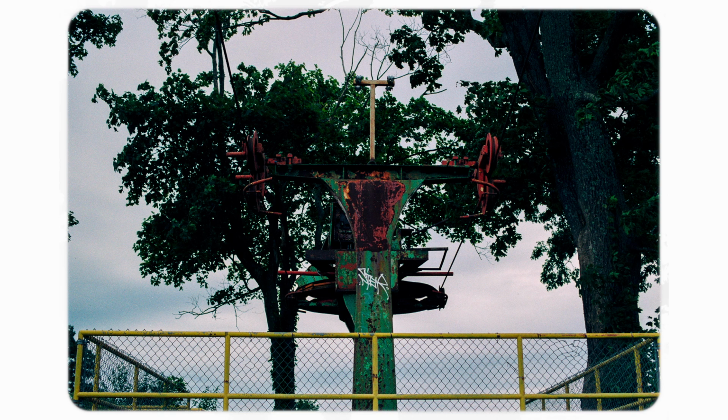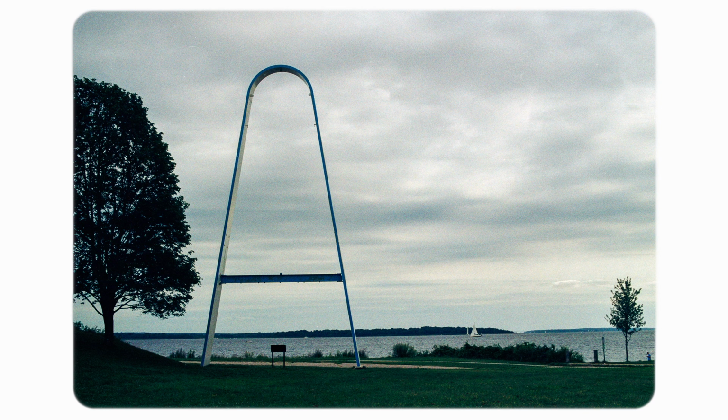Pretty run down at this point, but moving on to the next photo, there was this arch, which I guess was apparently part of World's Fair. I think they made a couple of these. Reading the placard that's below it shows that this was kind of like a meeting point. People would say like go meet at the arch, but as you can see, the park has a beautiful view